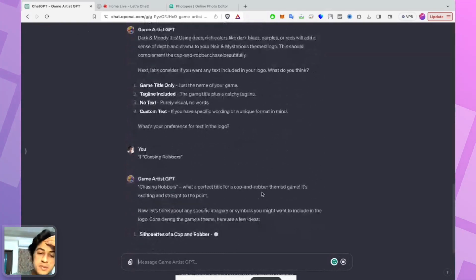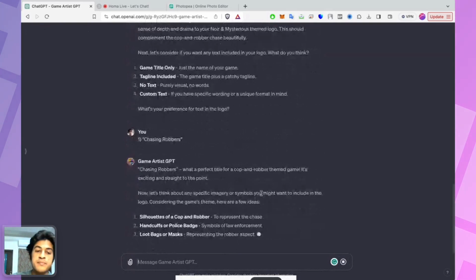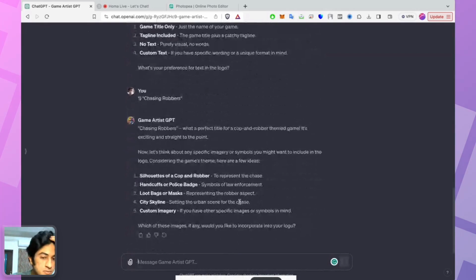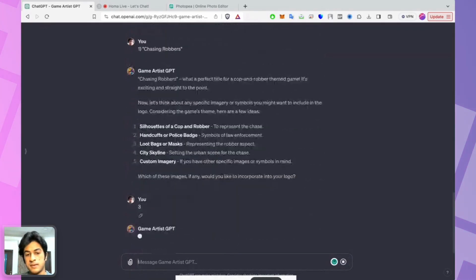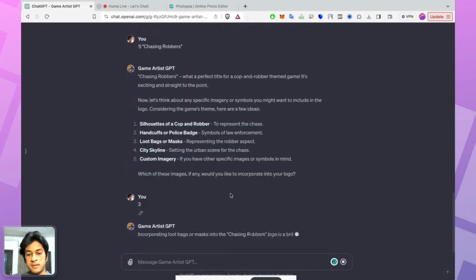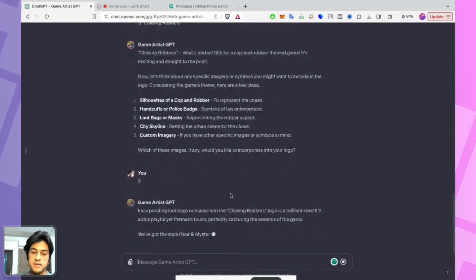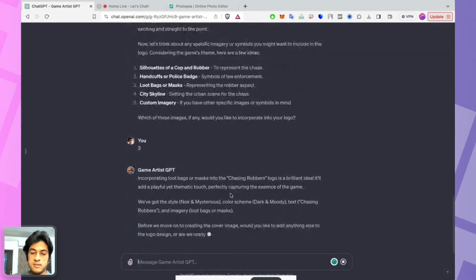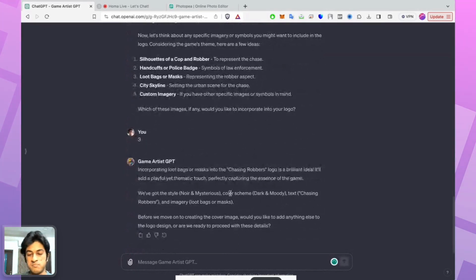Silhouettes of images. Okay. Do we need handcuffs? Do we need a police badge? What do we need? Let's go with loot bags and masks. Okay. So do we want to add anything else? Not really.